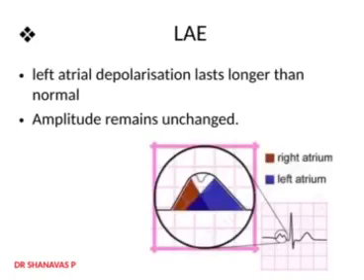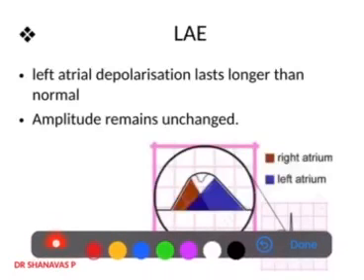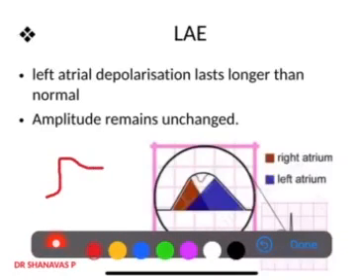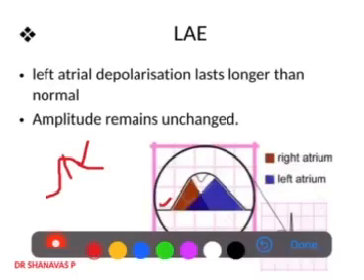So the same pathology happens. Obviously the left atrial depolarization will be longer than in a normal left atrium. Assume that this was the initial depolarization, where the initial half is the right atrium and the second half is the left atrium. The right atrium will depolarize normally. But due to left atrial enlargement, initially it was like this only, and now the left atrium will depolarize longer like this. That is, the total duration initially was this, now it has become this.